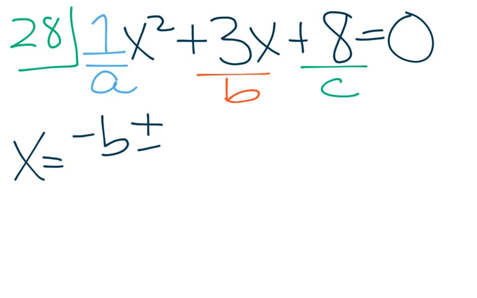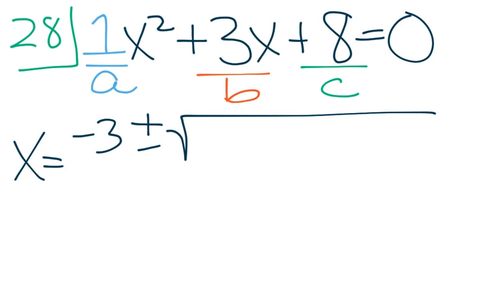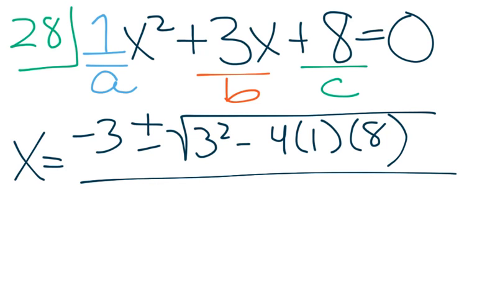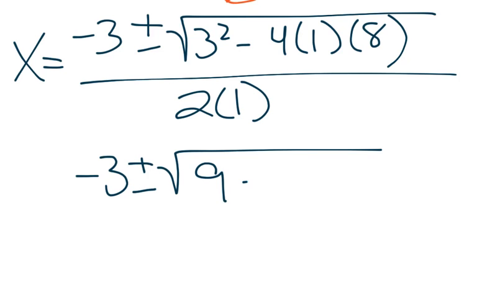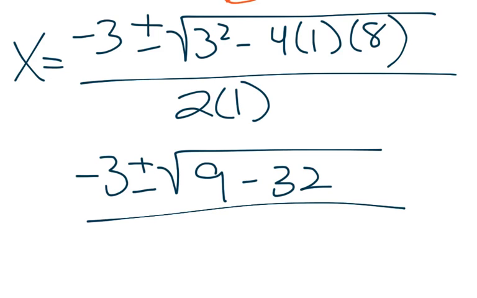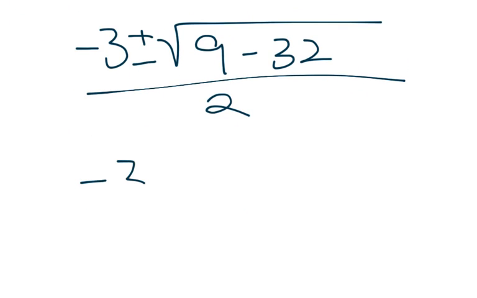So we have opposite b, which is negative 3, plus or minus the square root of b squared, which is really 3 squared, minus 4 times 1 times 8 over 2 times 1. So now we have negative 3 plus or minus the square root of 9 minus 32 over 2. So 9 minus 32 is negative 23, okay,